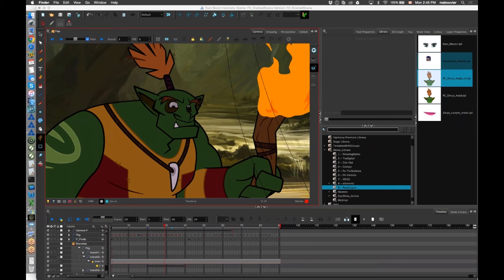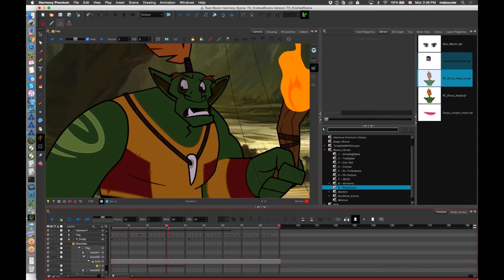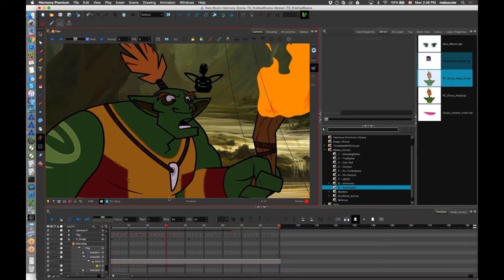What people did in the past, instead of using the pose copier, when they would create their master template of a character, they would add extra frames at the end with all the head turn angles, all the special poses that they needed to use often. Or they created a different scene and they would copy and paste from the end of the timeline into a specific frame. So they had to switch from the end of the timeline, go back to the original frame and paste. The pose copier removes that